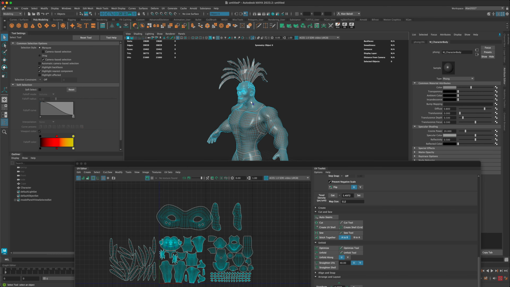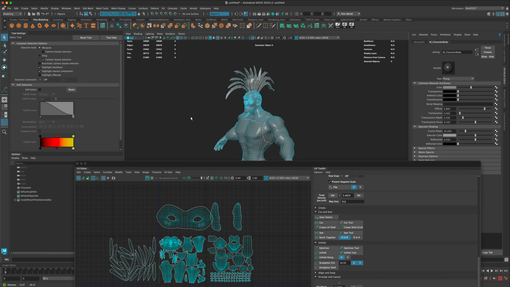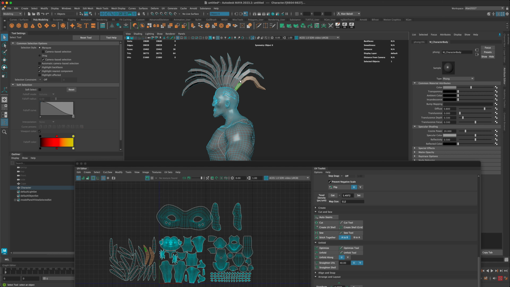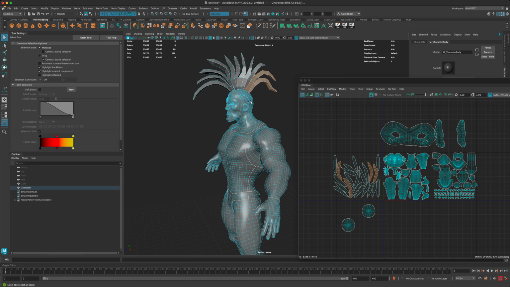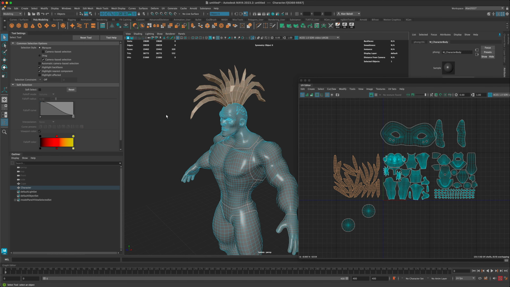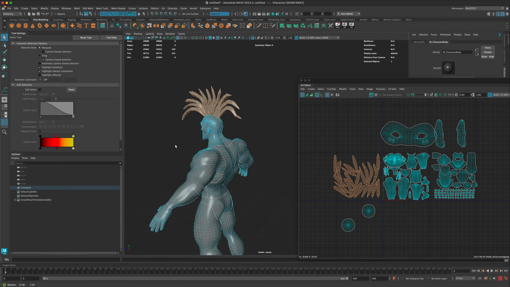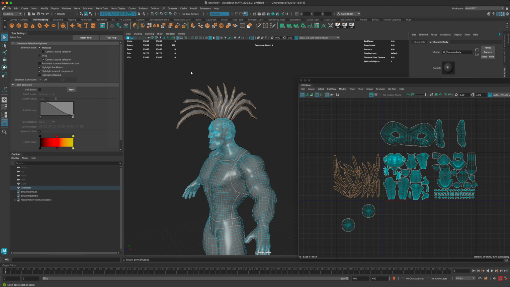I don't want to select all of it because we did some work on the mask where we just defined some of the edges, so I'm not sure what I want to do with the hair. I think with the hair, now one clever way of selecting something is you could just come here and select just the UVs, and essentially that will give you the selection on the mesh. Very clever way to select stuff. Keep that in mind. So let's go ahead and do a soft edge on this as well, and